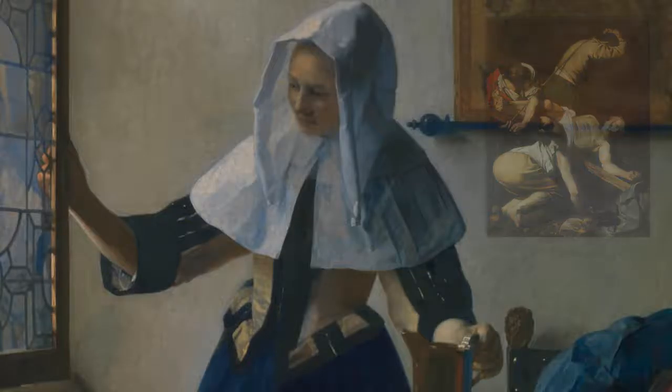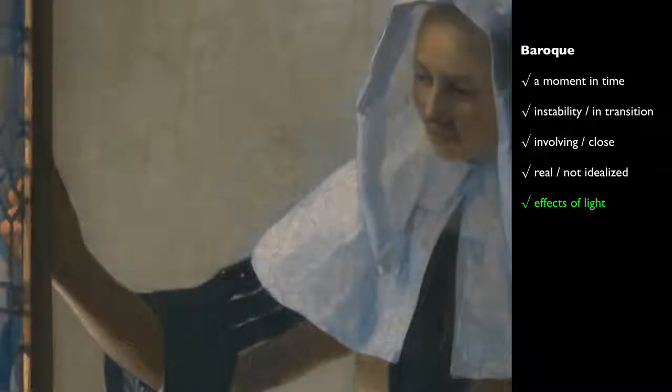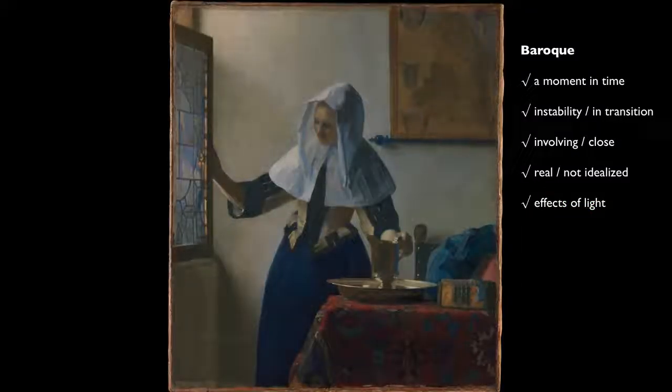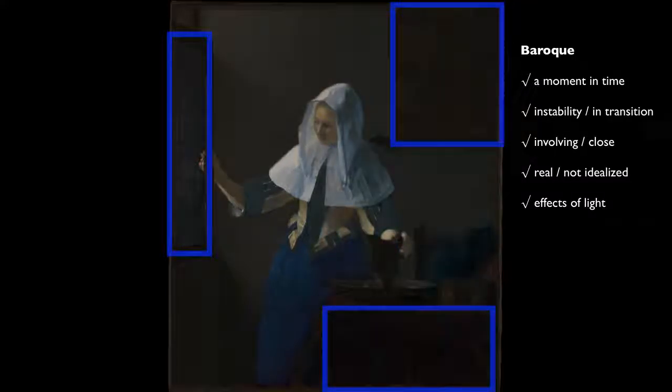we saw in Caravaggio. Instead, the artist seems to be in love with the very subtle modulation of light, the very subtle gradations of tone. Look especially at the way that the light filters through her headdress. Or under her right arm as she opens that window. We see a woman surrounded by rectilinear forms. The rectangle of the window, of the map on the upper right, the rectangle of the table to the lower right. She inhabits that space between, but